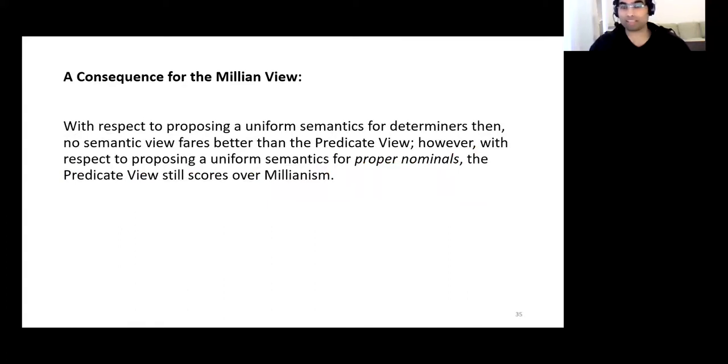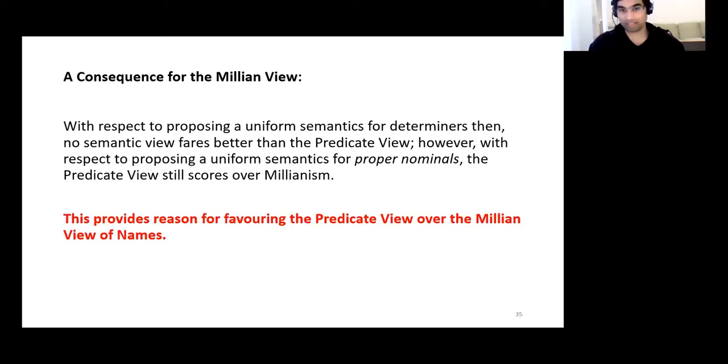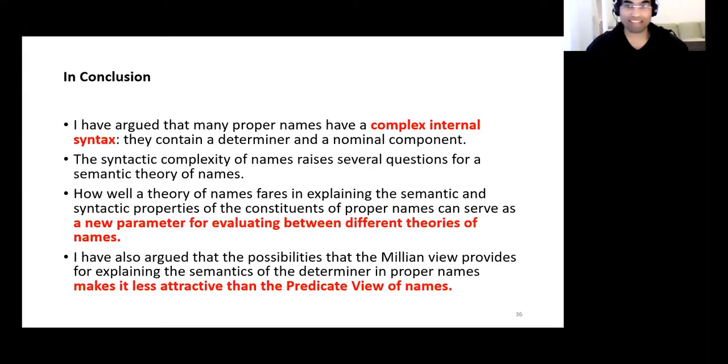And so, with respect to proposing a uniform semantics for determiners, no semantic view fares better than the predicate view. However, with respect to proposing a uniform semantics for proper nominals, the predicate view still scores over Millianism. And this provides us one reason for favoring the predicate view over the Millian view of names. To sum up,